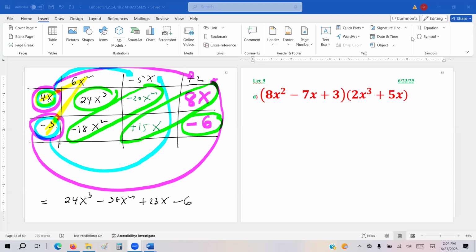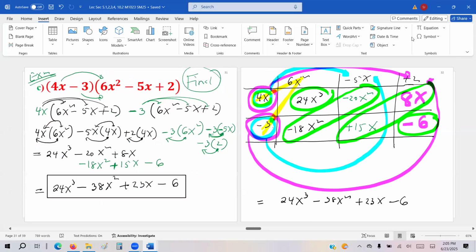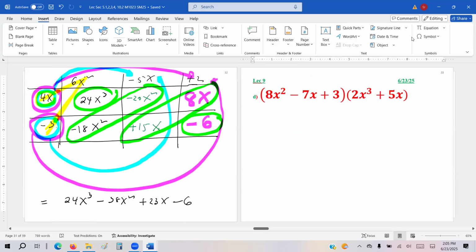No. So in our last class, the last thing we did was multiplying polynomials. And if you remember, I showed you both ways. Either you can distribute or you can use a table to distribute and then combine like terms. Whatever is easier for you, you do that. For my case, I'll just use normal distribution. So I'll take one of these.